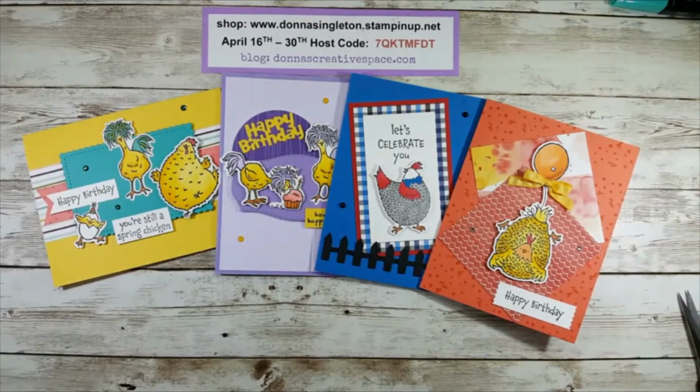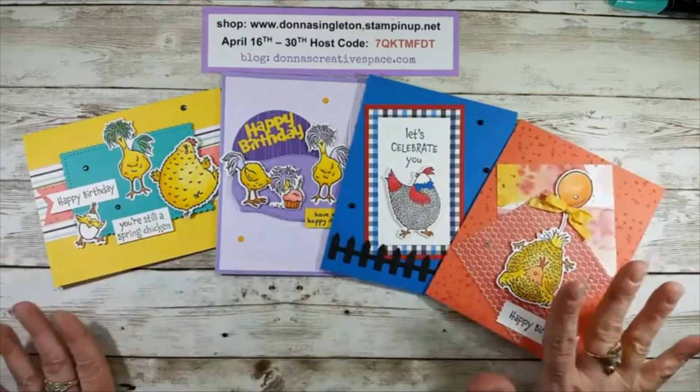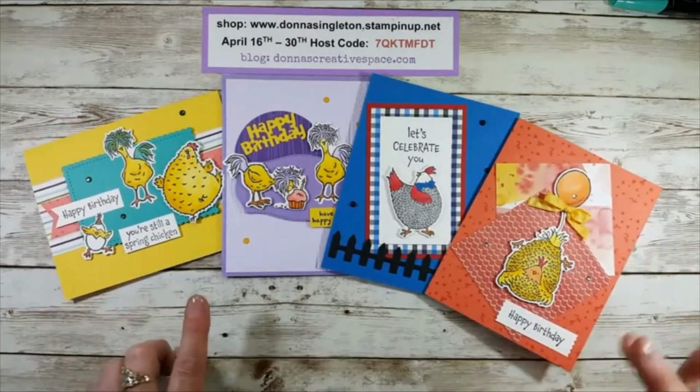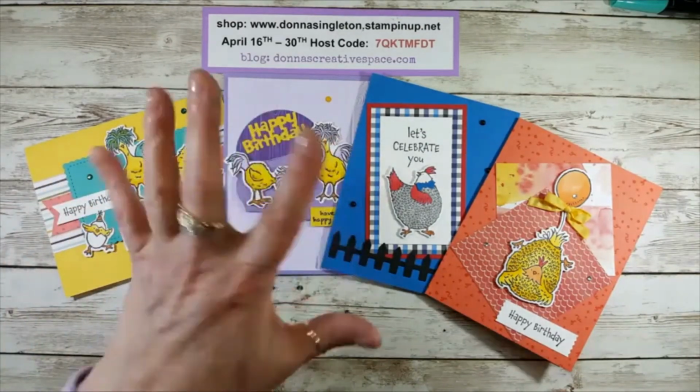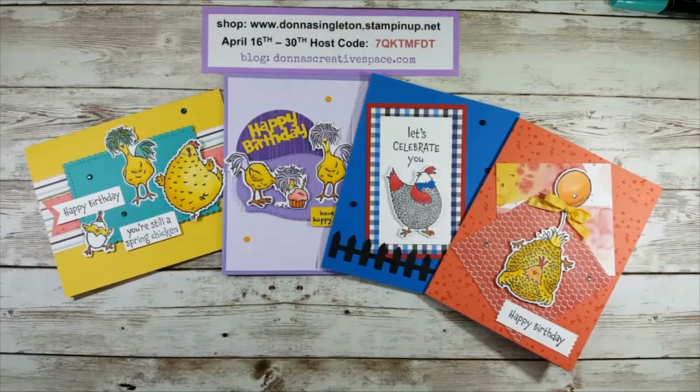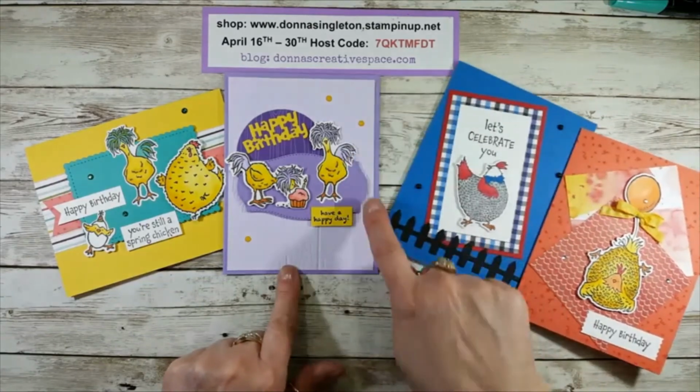These will ship right at the beginning of May, because I'll be waiting to see how many people shop now through April 30th, right? And you'll get all the die cuts, all the punches. You will have to stamp anything that needs to be stamped first, like all your chickies. You'll have to stamp those yourself. I can't send you die cuts for those, but I'll send you enough paper to stamp on and cut them out. But I will die cut your fence, I'll die cut this shape here,